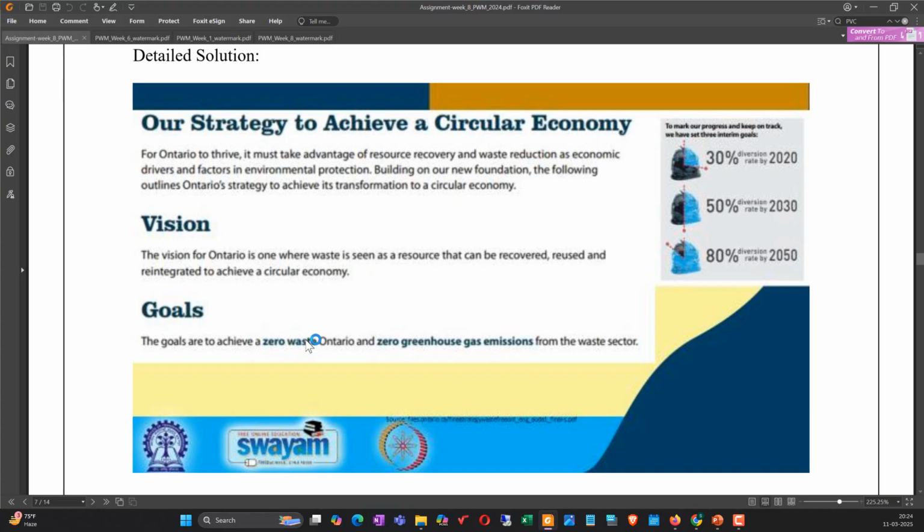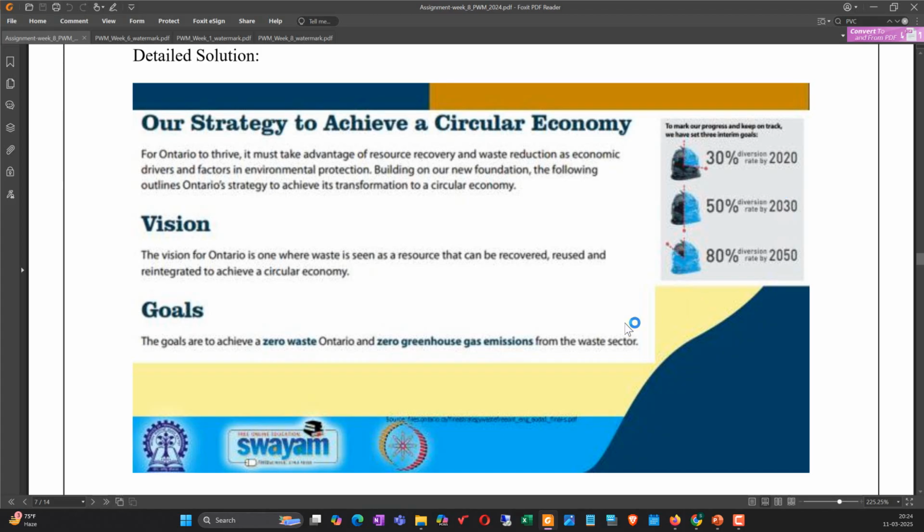And that is the main motive of circular economy. And the goal is to achieve zero waste Ontario and zero greenhouse gas emissions. So these two points become important, where you can expect some question. So zero waste and zero greenhouse emission from the waste sector is the goal for this